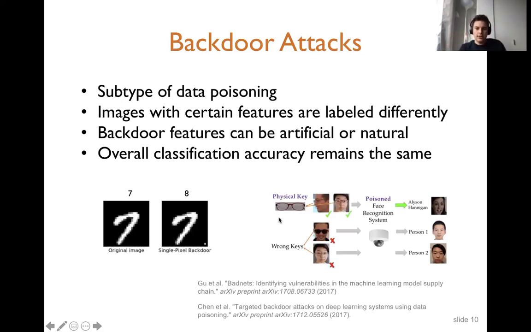When you attack the model, if somebody wears this type of glasses, then they will be labeled differently, which is not really achievable with universal adversarial examples, which require somebody to actually put this adversarial example in, literally in the physical case, print this weird pattern on a piece of paper and then just throw it into the image.